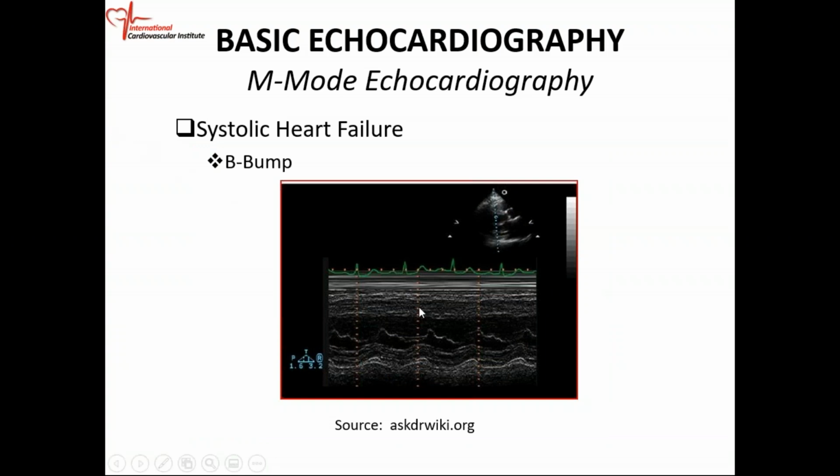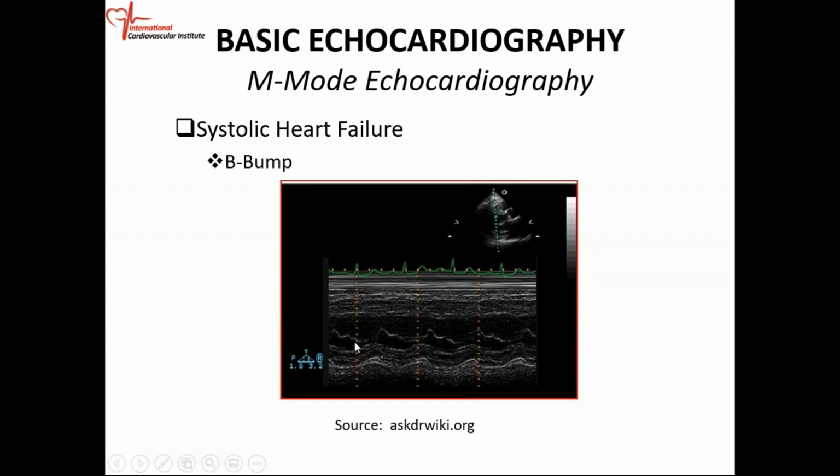Another thing they love in exams is this so-called B bump. Again, two-dimensional echo on top, and the cursor crosses through these structures. This is the mitral valve, which opens in diastole, closes in systole, opens in diastole, closes in systole. Then your D point, E, F, A, and then this little thing we never talk about. This is the B bump. D, E, F, C is right there, and then this little hump is the B bump.